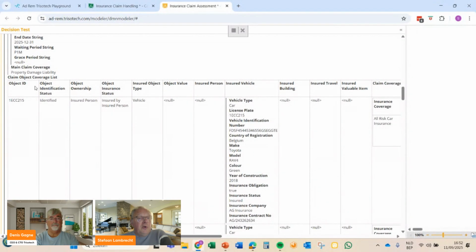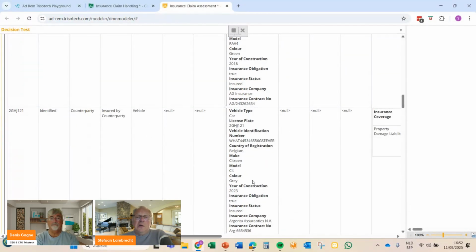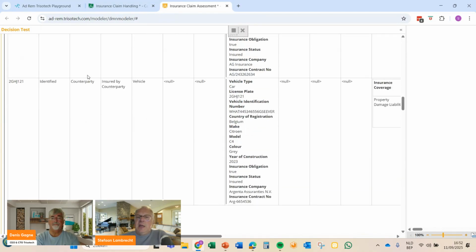Then for the claim itself, it indicates, okay, my car was involved in the accident, but this is the counterparty's car involved in the accident. So that comes from the insurance claim statement. So we have all the information here about the accident that took place, where it took place, what are the parties involved, what are the objects involved, which objects have been damaged by this incident, etc.